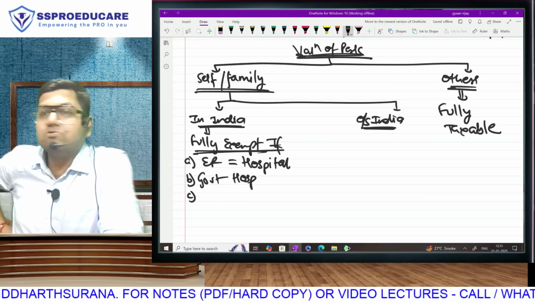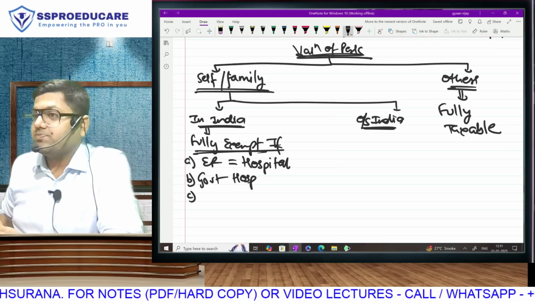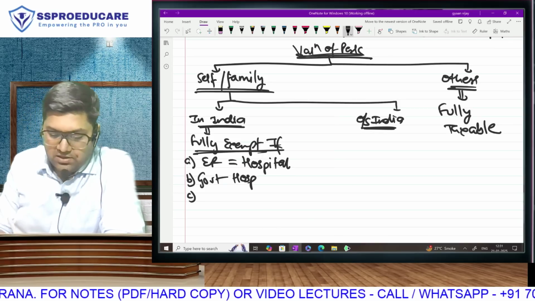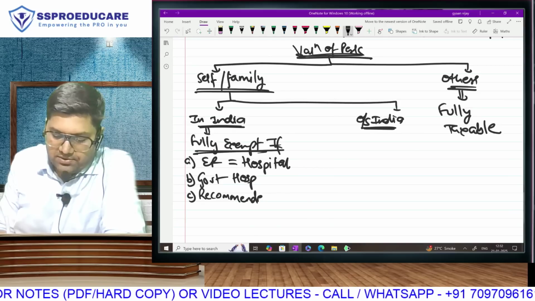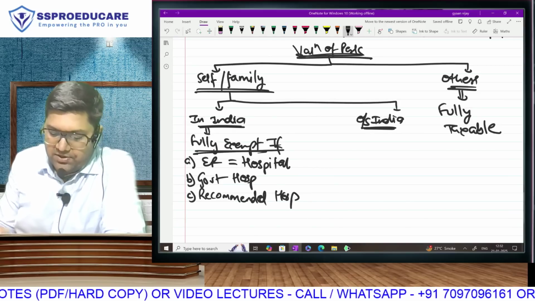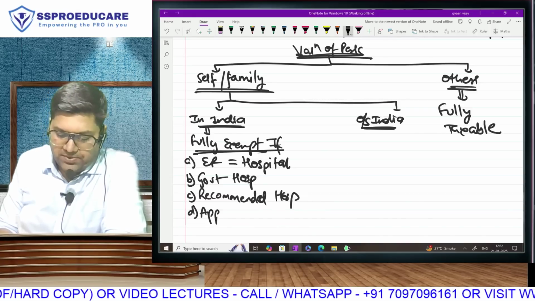And then if someone used to come for dialysis treatment, they used to say that across the road there is another hospital, you can go and take the treatment over there. Such hospitals are known as recommended hospitals. So you are taking treatment in a government hospital or a recommended hospital, or sometimes there can be a hospital which is